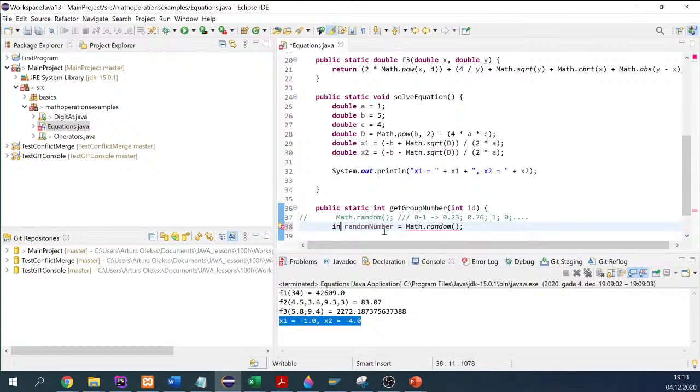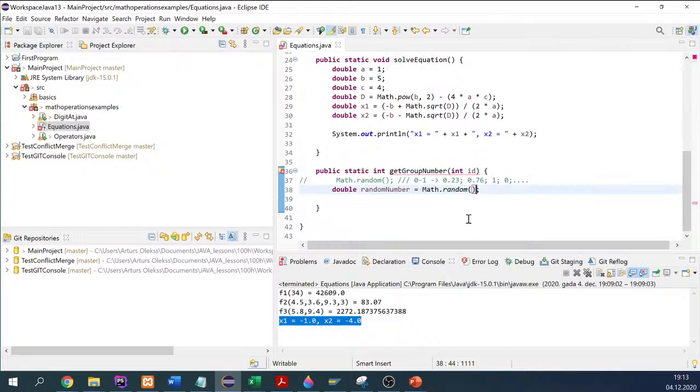But as you can see, the random number comes from 0 to 1, and we want to have it in a wider range. So in this case, we can multiply it by ID, and we will have the range from 0 to